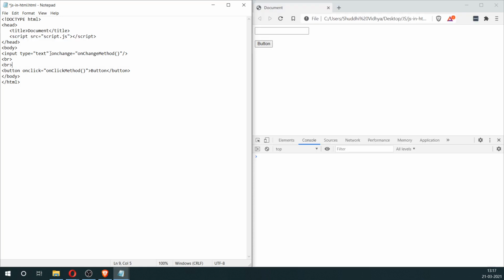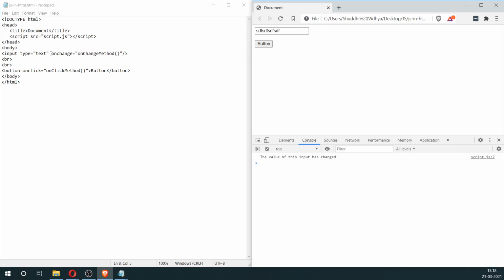So we saw that the input method here has this onChange event, and every time the onChange event is fired, we call this method. Now let's say that we don't want this method to only get fired when the value changes. For example, when we type here, nothing happens. Only when we click outside and the value of the input changes, only then this event gets fired. So let's change that so that whenever we type something into it, it gets triggered automatically.